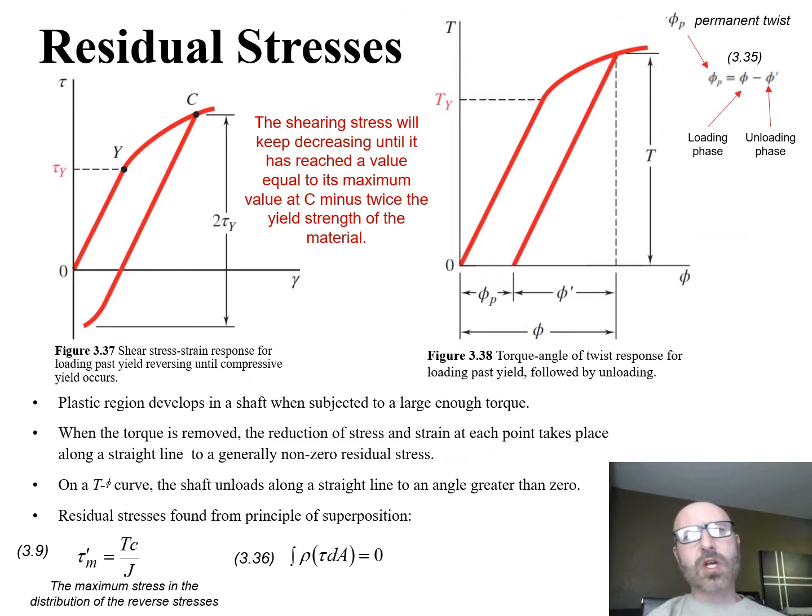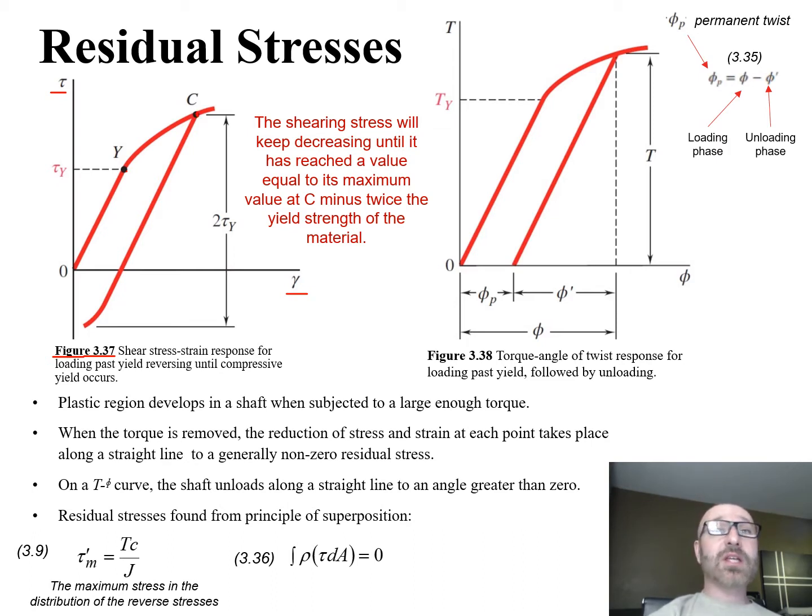So next I want to take a look at residual stresses. If we take a look at figure 3.37, we can see the shear stress-strain response for loading past yielding, reversing until compressive yielding occurs. If we take a look at this graph, we have a typical stress-strain graph, with strain on the x-axis and stress on the y-axis. We can see we loaded up past our yielding point. And what we can note here is that the shearing stress will continue to decrease when we unload it, until it reaches a value equal to its maximum value at C